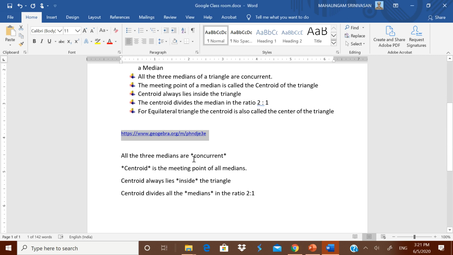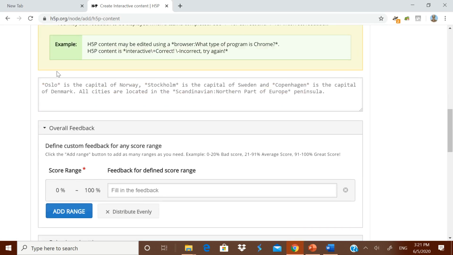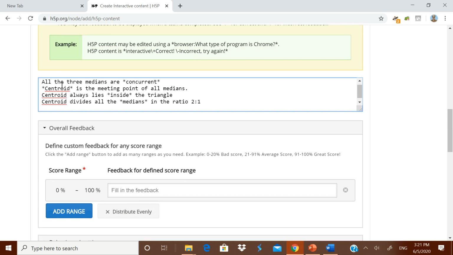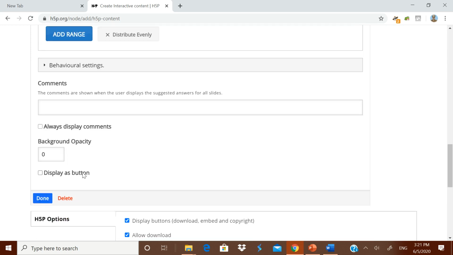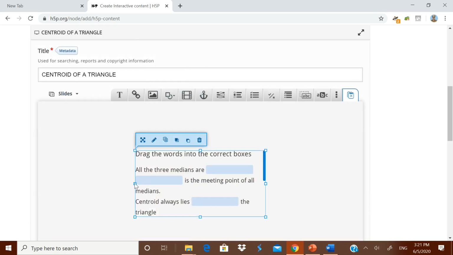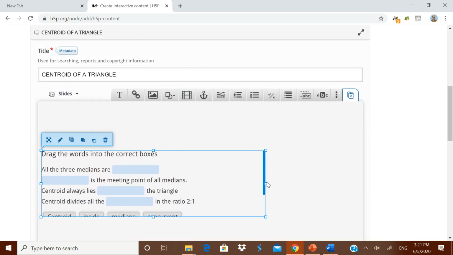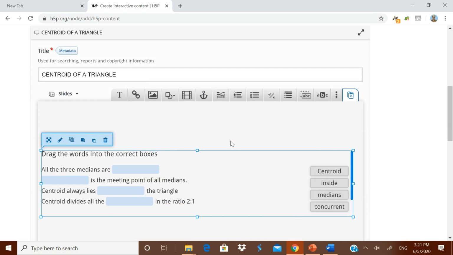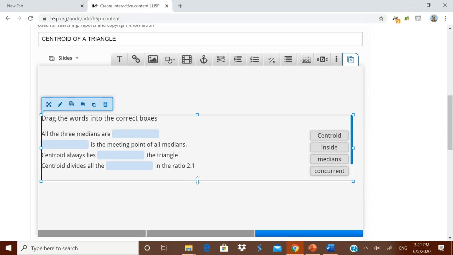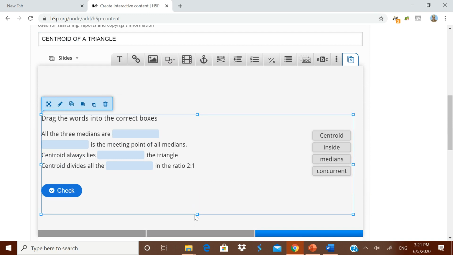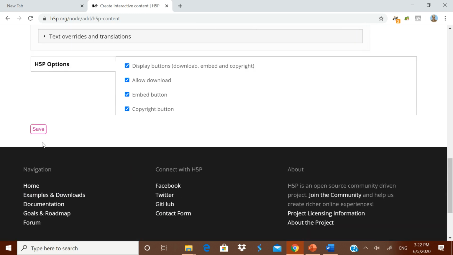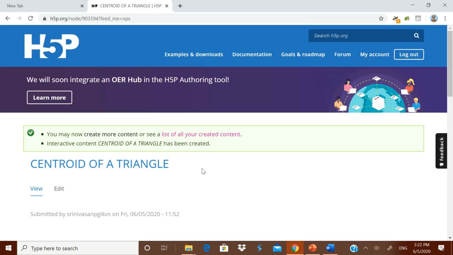Now you know that for any gap you have to put that particular star in the front and the back. Already I have typed it and kept it ready. I am just copying it and putting it over here. Now I am clicking done. I will press it over here and put it here, and then I will make it bigger. Now everything has come perfectly. Now I am saving it. It is getting saved now.